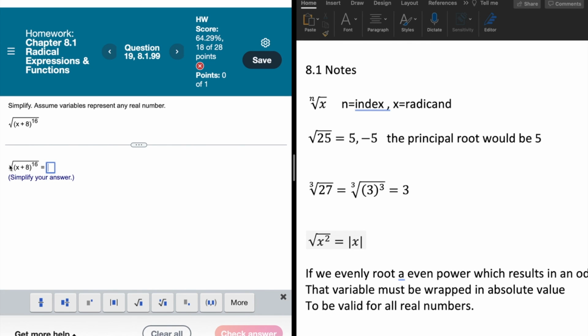All right, now this time, if I evenly root something to the 16th power, what's going to happen is I'm actually just going to get something to the 8th power. The thing is, a square root is essentially going to halve the exponent that was there, because previously the exponent was 2 and it became 1 for all we've seen so far. Now notice I'm not putting this in absolute value because when I evenly rooted this even power, what I got was another even power. So in other words, I know this result is always going to be non-negative, always going to be positive, because that